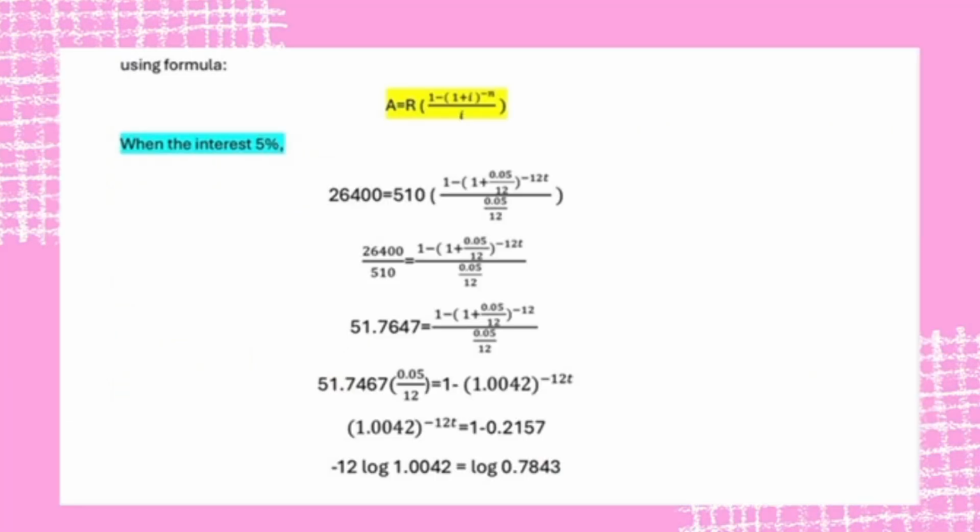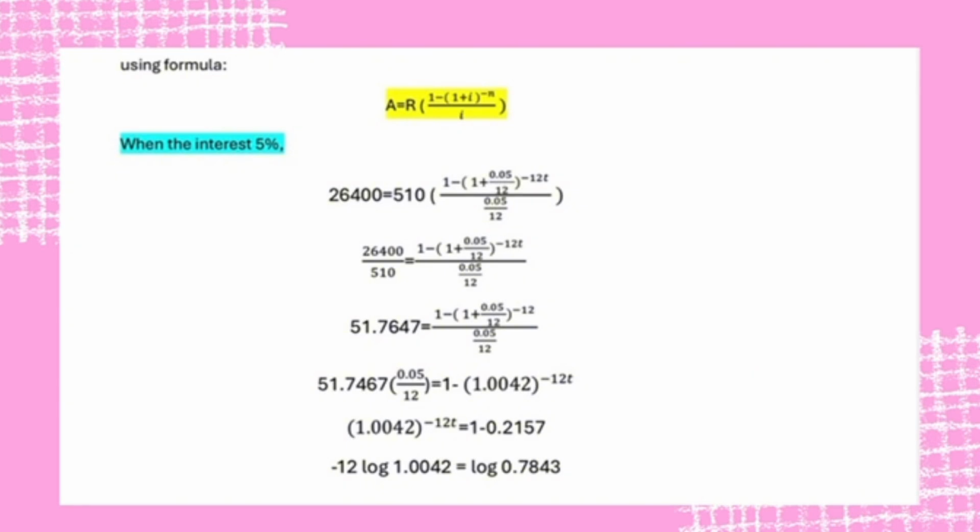So with the interest charge of 5%, we're using the annuity formula, which is A equals R, 1 minus 1 plus i power of negative n over i. So we substitute all the values, which is 26,400 equals 510, 1 minus 1 plus 0.05 over 12 power of negative 12t over 0.05 over 12. So we divide 26,400 over 510, we get 51.0647, and then we times by 0.05 over 12, and then we get